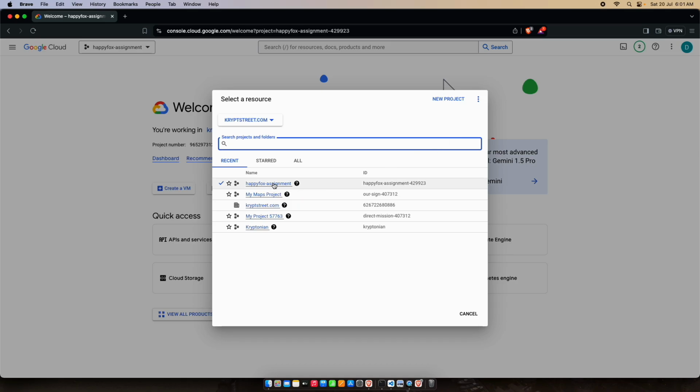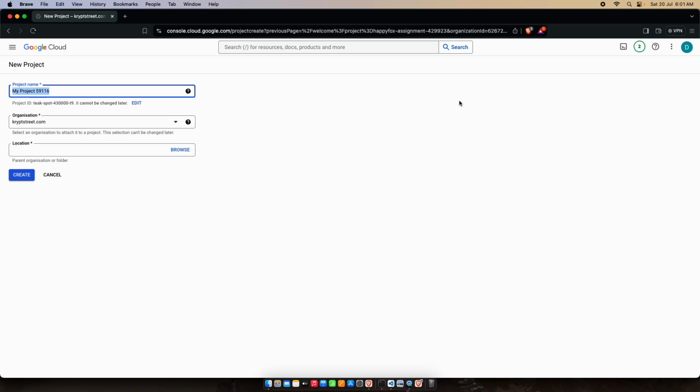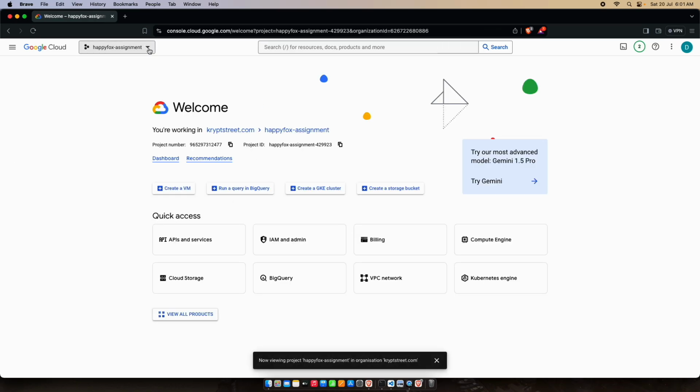Already I have created a project called Happyfox assignment. In order to create a new project, we need to go to new project, give the details, and create a project. After creating a project, make it as a default project,